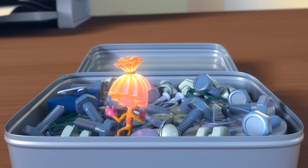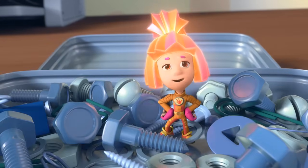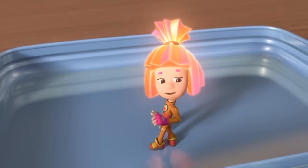All of these screws in here look like Papoose. We'll use a magnet. How come? All of the screws will just get lifted up together. First of all, not every